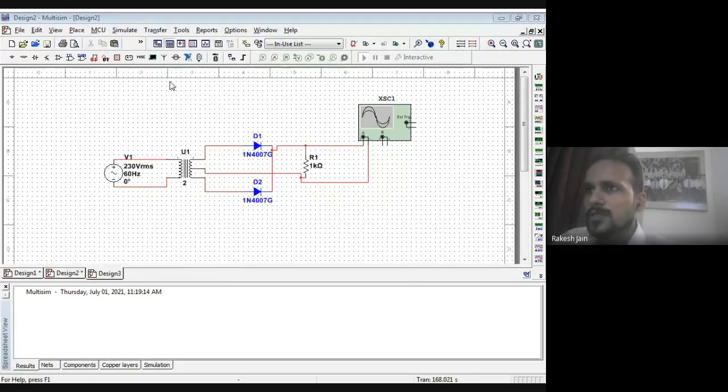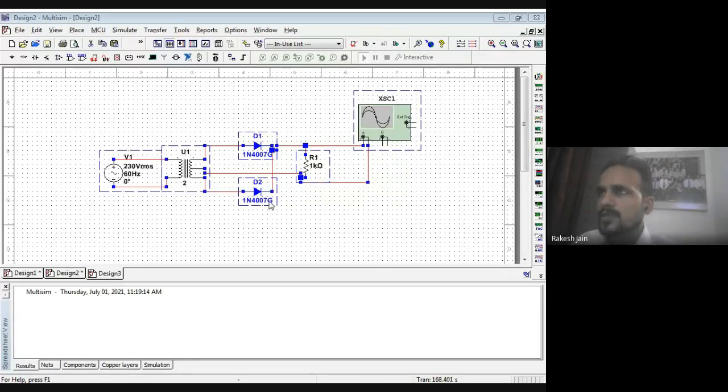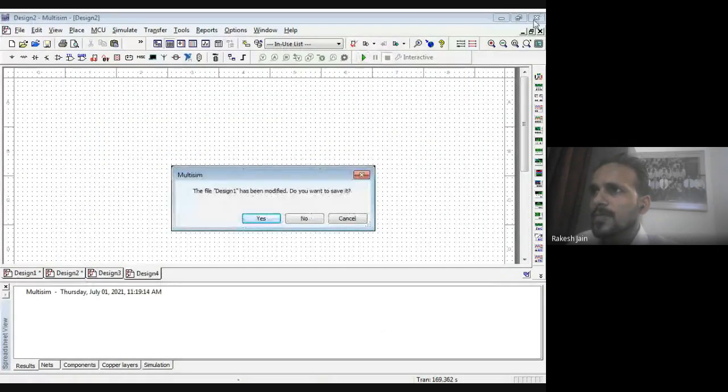Copy this. Once again I open Multisim. I just copy that image, whatever the connections are made. Okay. So now it is in front of you.